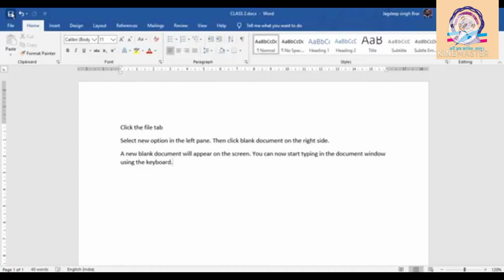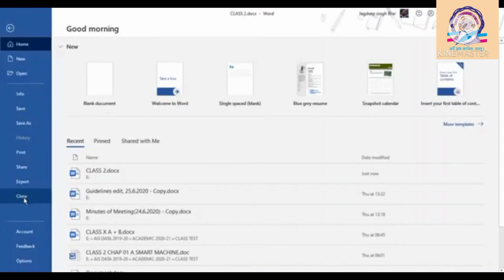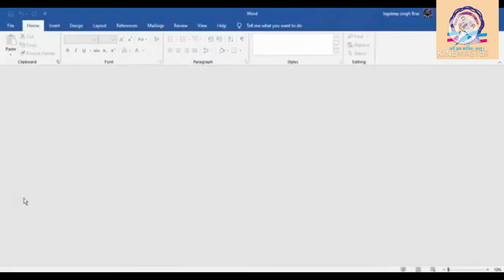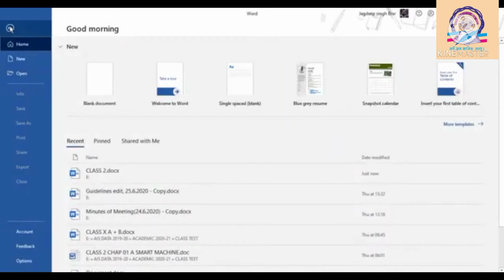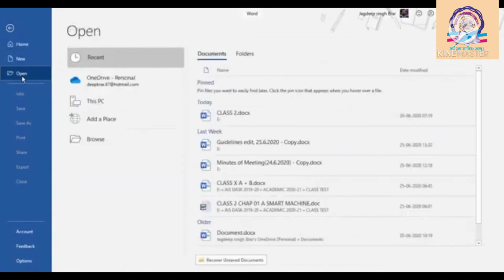Now next is opening a document. For example, if you close this document, next time when you open this Word software, you may want to open your previous document. So click on the File button, click on Open.